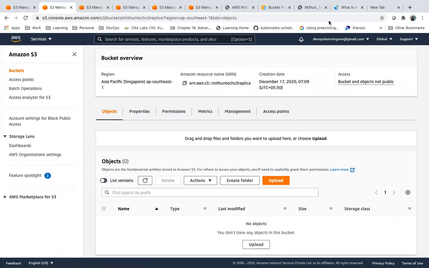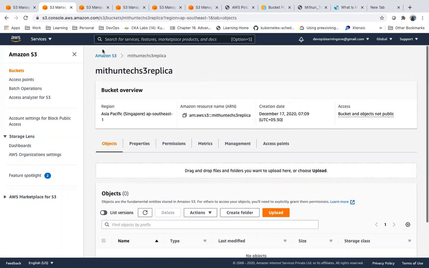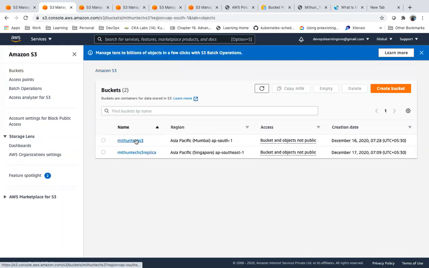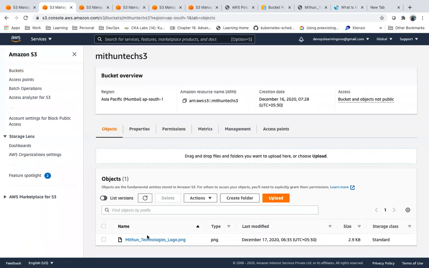The objects will be replicated only after you have created a replication rule. This object I uploaded before creating a replication, so these objects will not be replicated.